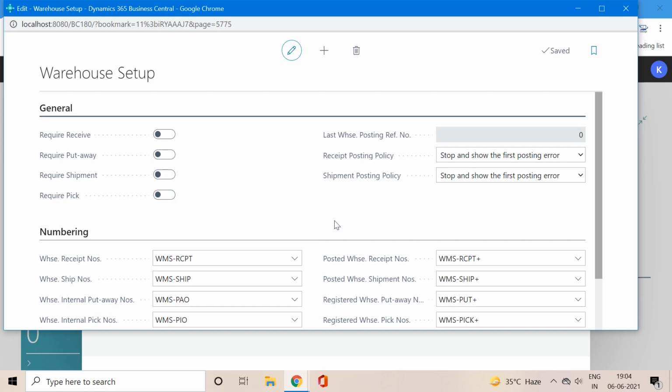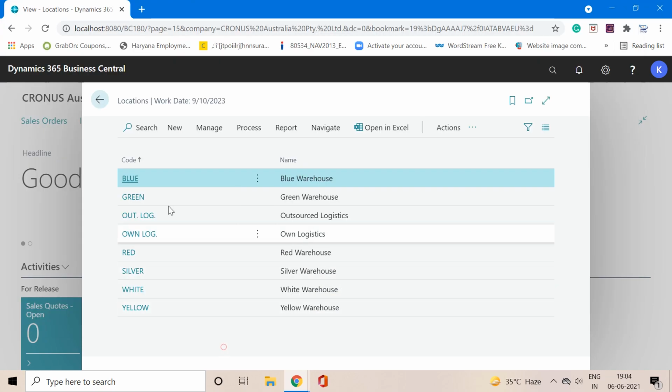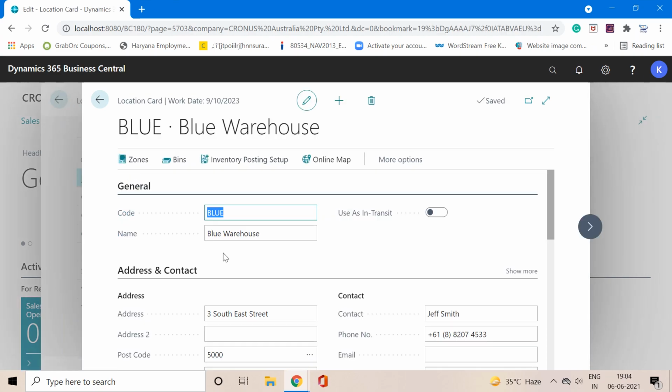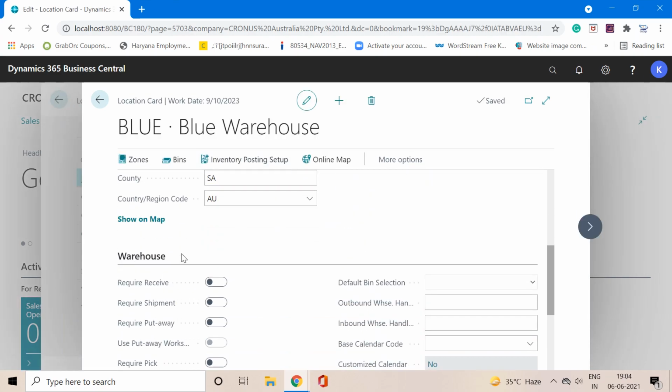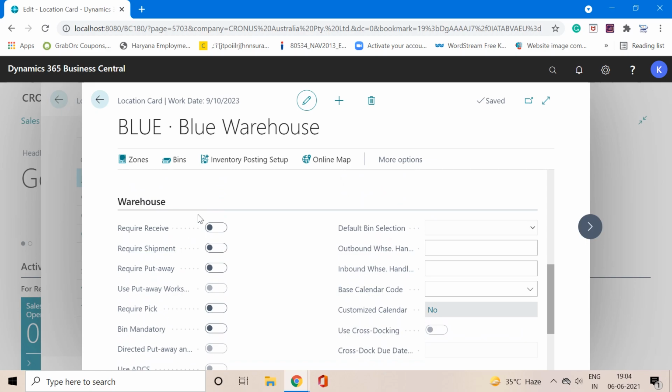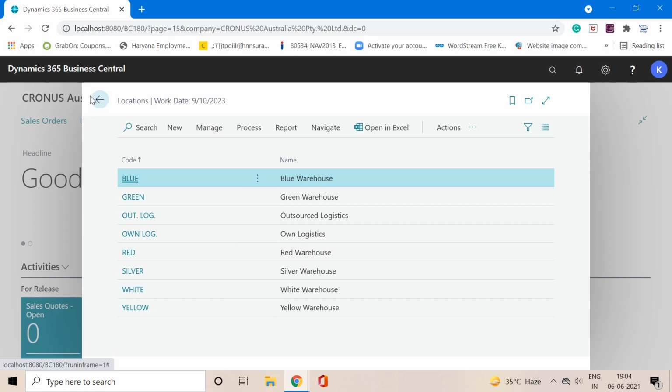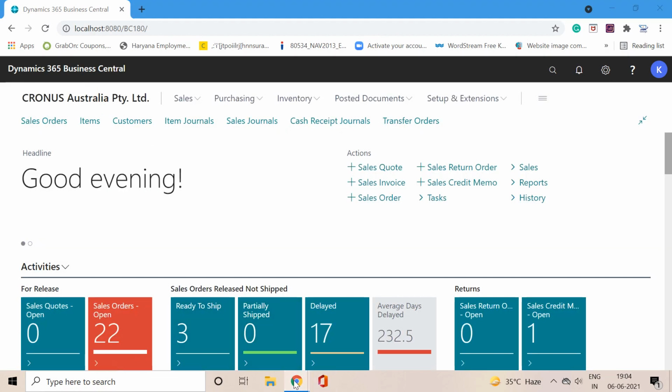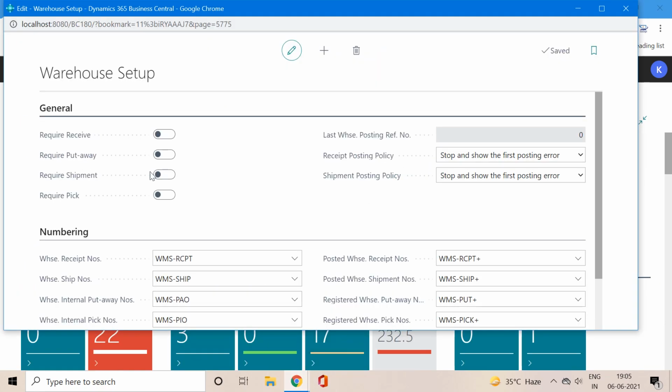Okay, so if you see, the fields which are available in the warehouse setup are also available in the location card. When you open up the location card and go to the warehouse tab, here you also find the same kind of fields like require receive, shipment, put away, pick, which are available in the warehouse setup also.